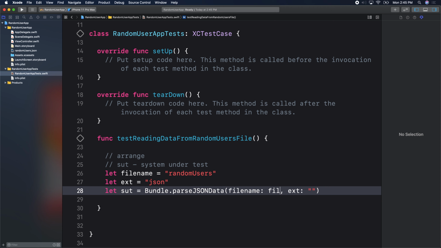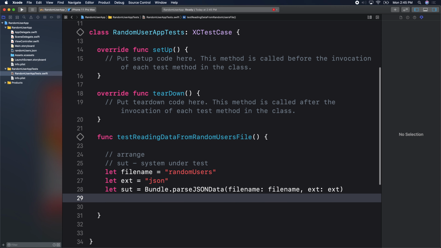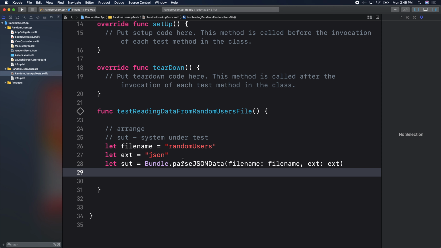So here, this is going to be file name, and here, this is extension. Great. So here I say bundle, parse data, give it a file name. Okay, great. So at this point, following test development rules, we need to stop here because, first of all,